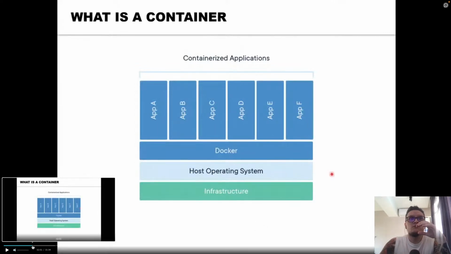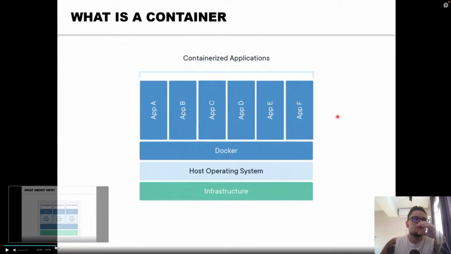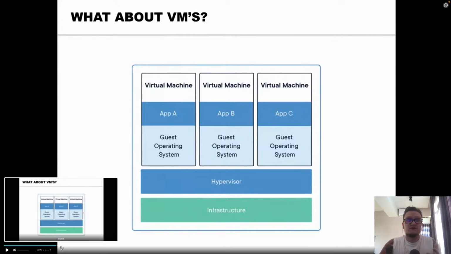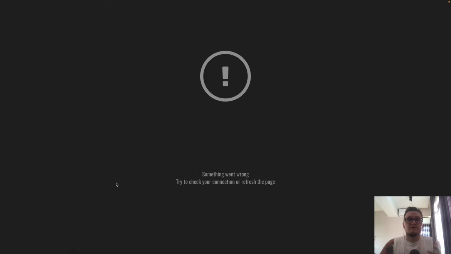So it really looks like virtual machines, but with virtual machines we usually create operating systems by ourselves. So they will take much more resources. For example, to run 3 different applications in 3 different operating systems, you have to create 3 virtual machines, and they will take a big bunch of resources. And inside Docker it's more simple because we use only one operating system. Yeah, that's about it.